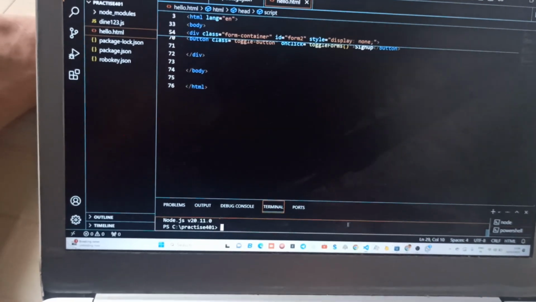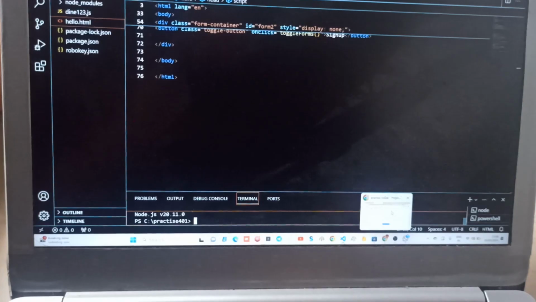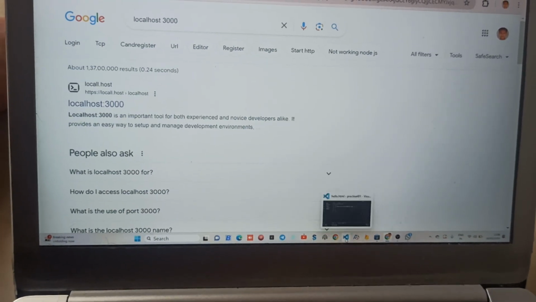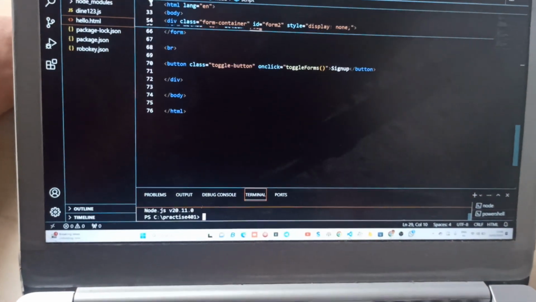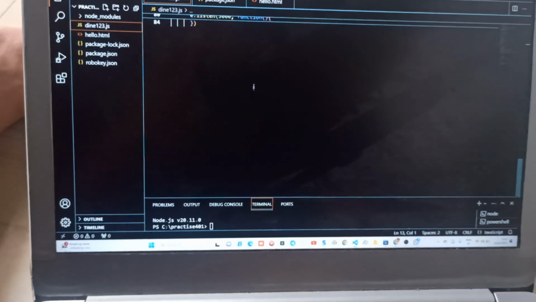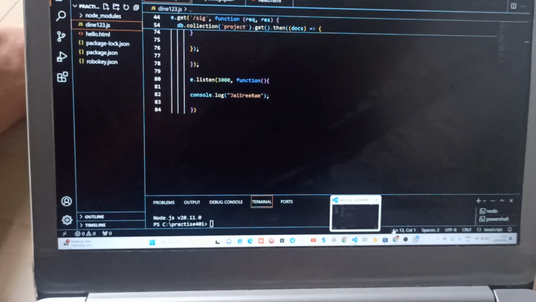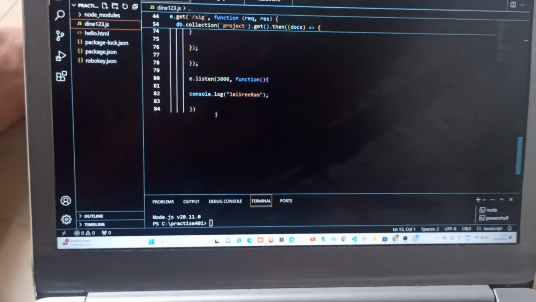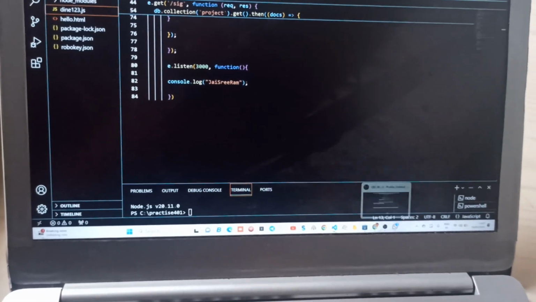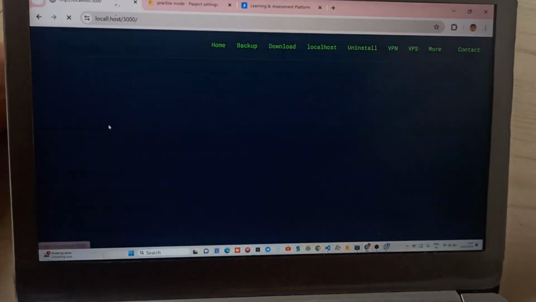okay, this server is already started. Then I go into... I forgot to tell you one thing: I used port number 3000 here. This port number indicates the website. When your server is on, you get Jai Sri Ram, that is the indication that our server is starting. Okay, when I go to port number 3000,